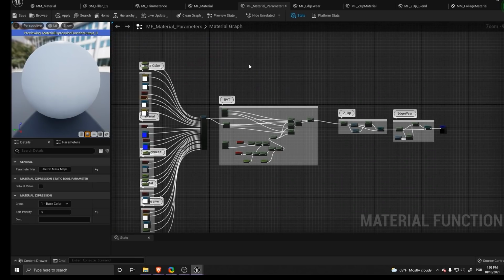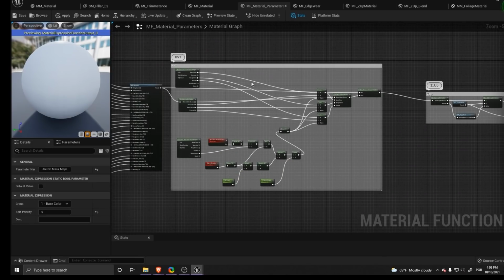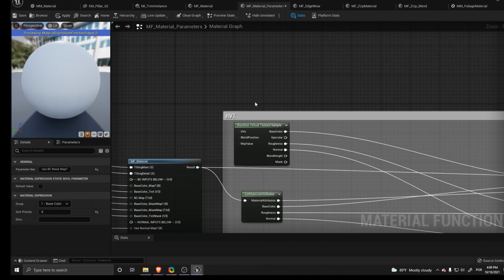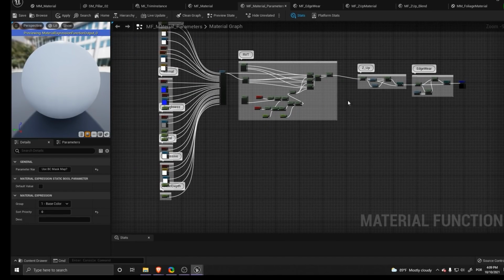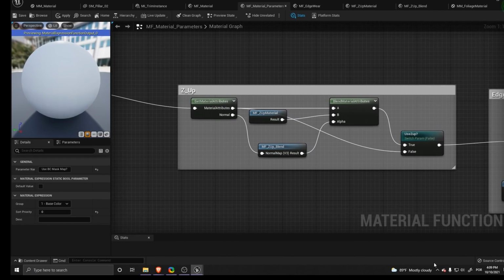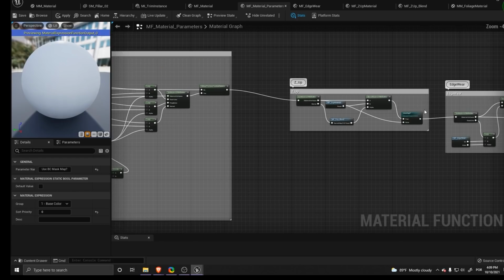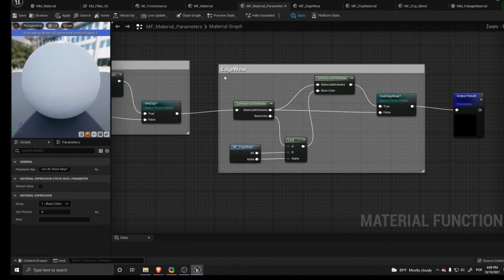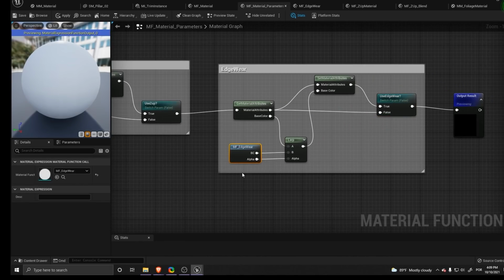From this one is the part where I start adding some, in big quotation marks, secondary functions. So for my environment, I do have runtime virtual texture. I will show it a little bit more here in a bit. I also have a Z up that will add some materials based on which face of the asset is looking up. I'll show it a little bit more here in a bit as well. And I also have an edge wear function right here.